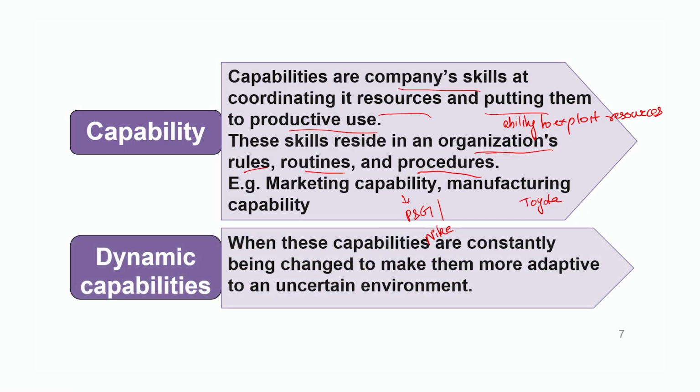Having capabilities is not enough. One should always focus on having dynamic capabilities. By dynamic capabilities, we mean that when your capabilities, you can adapt it to changing environmental needs. For example, companies like Nokia, Yahoo, Motorola, Kodak, they were leaders in their industry. But when there was change in taste and preference of customers, these companies were stuck with inertia. They did not change their resources, their capabilities, and as a result of which they failed.